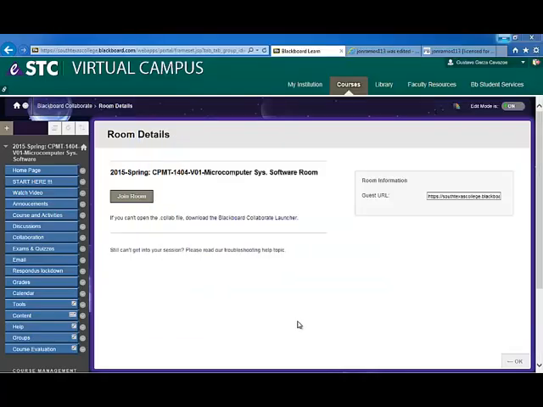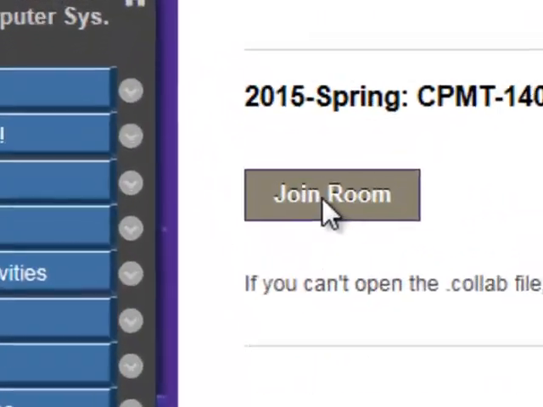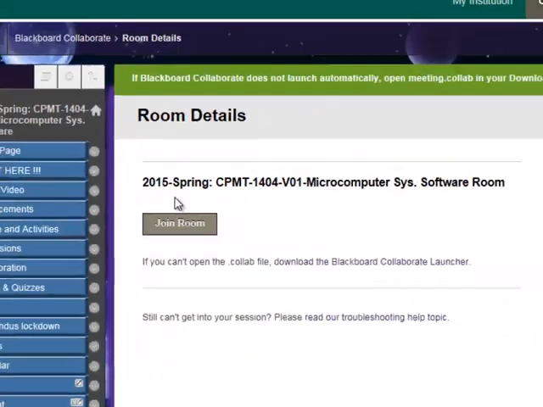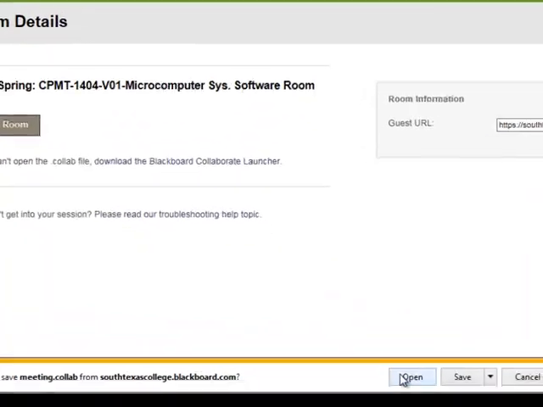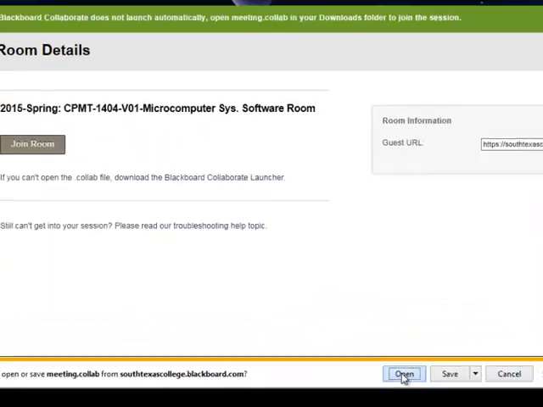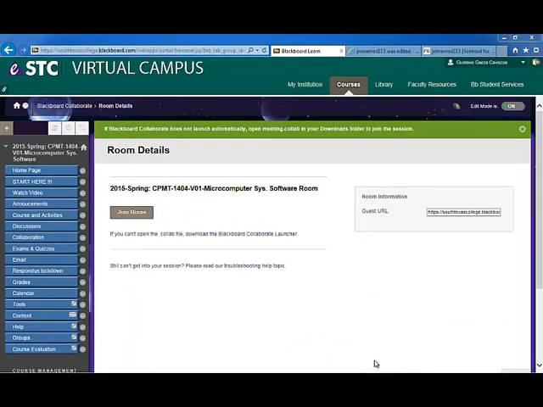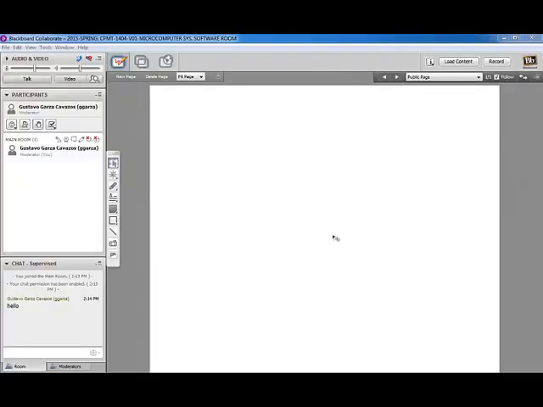Once you've done that, you're presented with this page again, so you can join the room. Click on Join the Room. And this time we're going to open it. We already saved it, so we're just going to open it. Depending on your internet, it's going to depend on how quickly the launch comes up. It shouldn't take that long though, and it'll be in a separate window. I'm going to be moving it over as soon as it launches on my window over here. Okay, it's now presented to me. Okay, so here we are with the